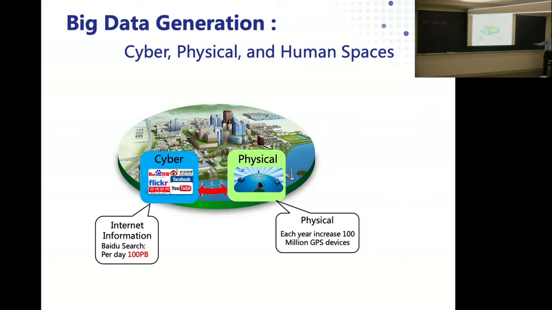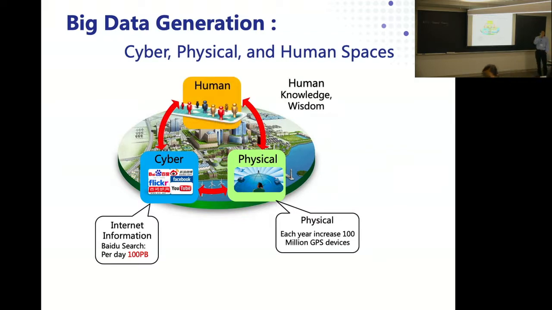For CPH, I think people know cyber physical very well. Cyber means internet data, and physical means all the different kinds of sensor data. Then for the human, when we go to the artificial intelligence stage, we realize the human is very important. So for this project, we do the mapping between cyber and physical. When something happens online, we have to check offline. We not only look at the virtual world in cyberspace; when something happens on the internet, we have to check what happened in the physical world, offline, in the real world.